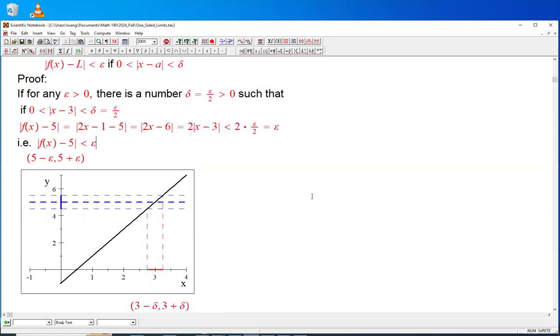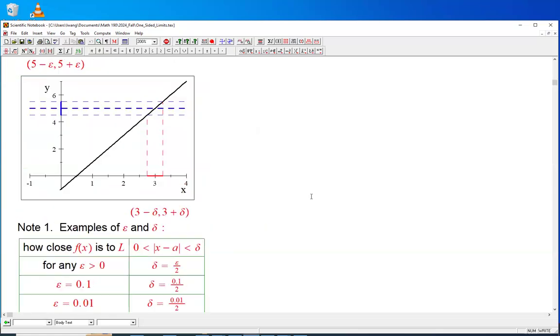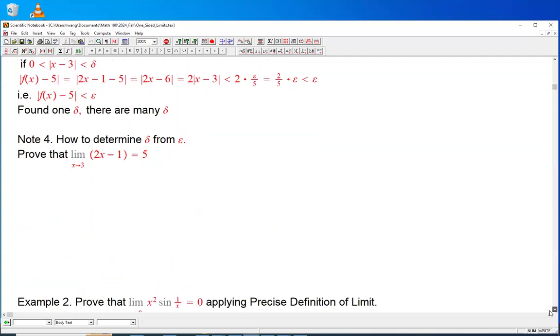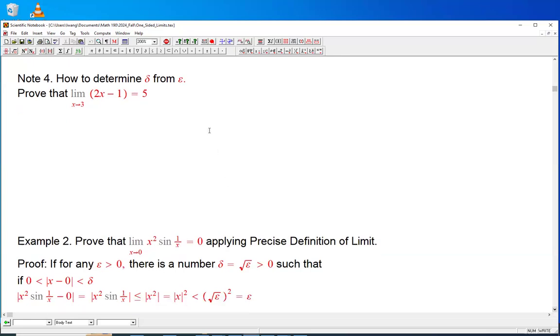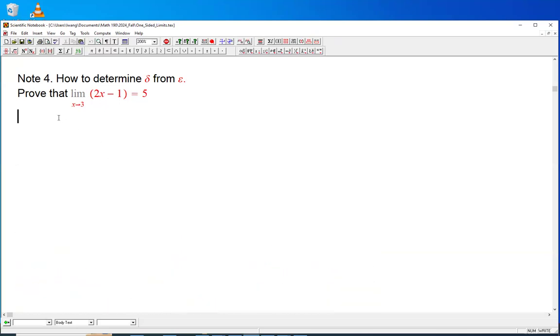For that matter, I can choose a third of epsilon, a fourth of epsilon, or a fraction of epsilon. Now I'm going to show you how that is determined. In this case, since we know what is wanted, we say for any epsilon,